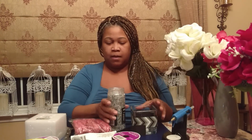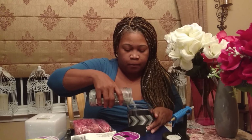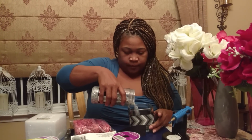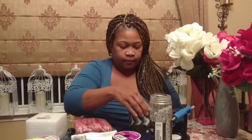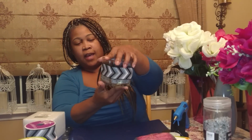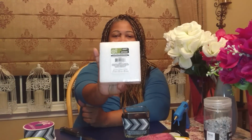and it's going to be a very little bit, because I'm going to need to put a little piece of foam in here in which to place my flowers. But I wanted to get started with a nice layer on the bottom. And then I'm going to add a little light down in the bottom of this fixture. So I've gone ahead and added a little light at the bottom. I don't know if you can see that through the glass shining through, but there's a little light on either end. So next what I'm going to do is use this foam, which I purchased from the Dollar Tree,